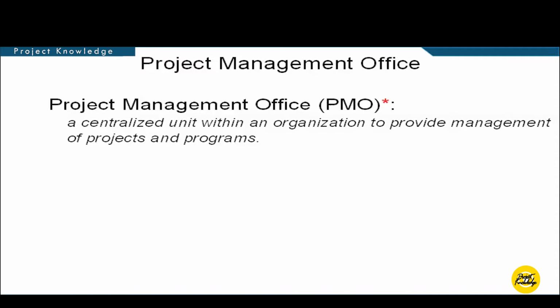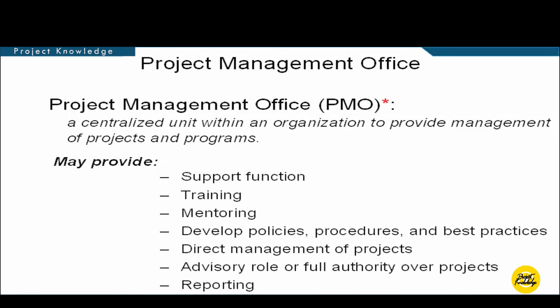Think of them as a department within a company, or more accurately as an organizational structure, and their job is to coordinate and oversee the company's projects, although the magnitude of what a PMO does within an organization does vary. For example, a PMO may provide some or all of the following: a support function to the organization in regards to project management,